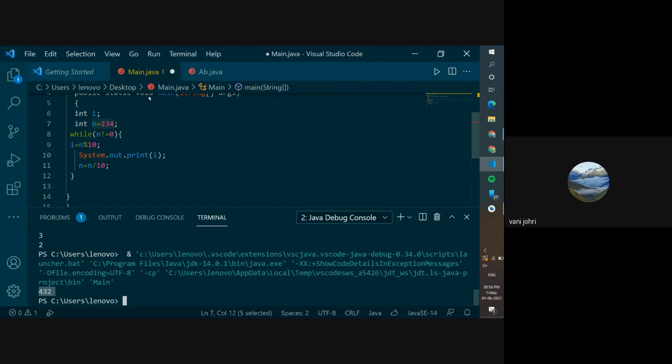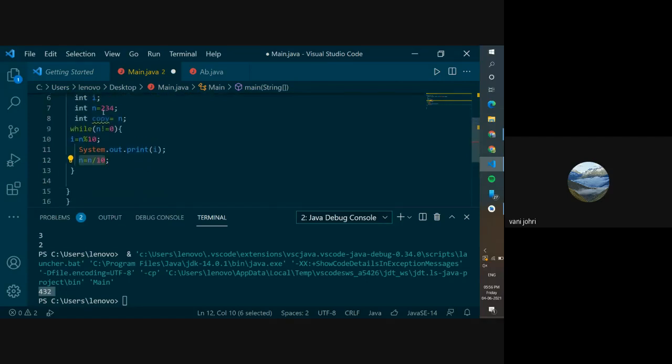Just to keep in mind another thing, you need to create a copy of that number to check it. So you need to create something like a copy which will be equals to n. Why? Because when you're updating, n is equal to n slash 10 over here, the value of this n is changing. So n keeps on becoming, from 234 it became 23, then became 2, and then it became 0. So after the loop ends, the value becomes 0, and that's not what you want to check. You want to check it with the initial number. So you will make a copy of that number and check it with this.